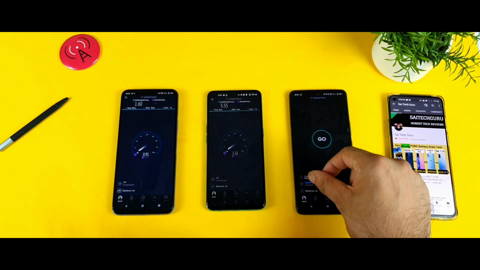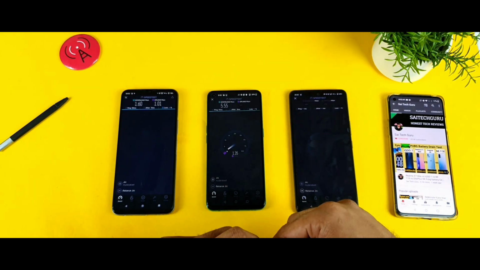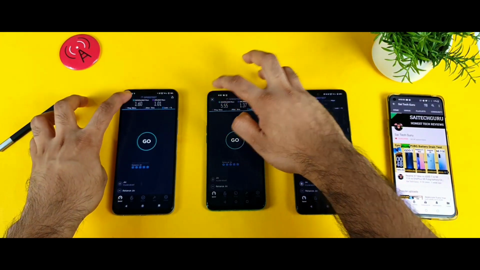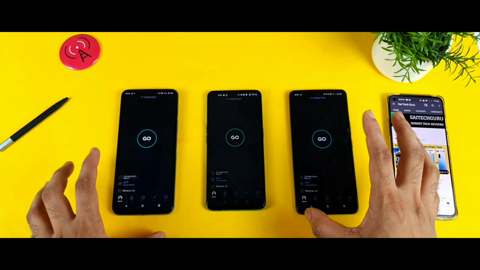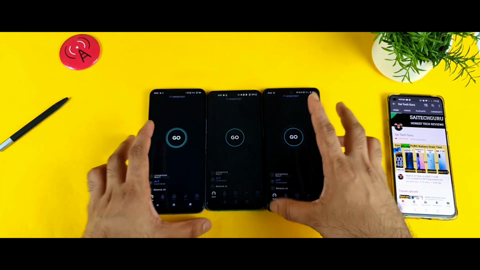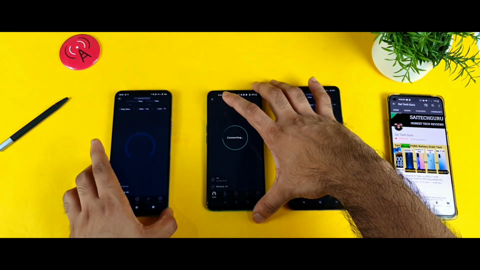Let me try to change the server, so maybe to the Jio Hyderabad. Let me select the Jio Hyderabad and let's see whether, yes, now it's detected. One more thing, let me try to do the test at the same time by selecting the same server. Before, I did not do that, friends, sorry for that. It's my bad. So let me try to do the test again using the same server. So now all three smartphones are connected to the same Jio server.